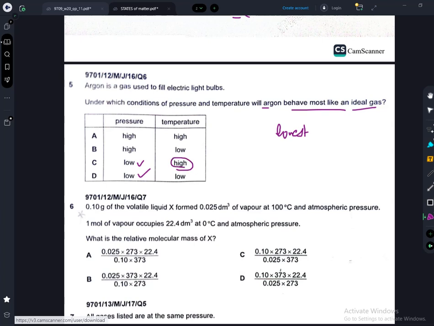Why highest temperature? Because at highest temperature the particles are at a greater distance apart, because of more vibrations and higher kinetic energy, and this lowers their intermolecular forces. So you have to lower the intermolecular forces, and you have to keep the particles away from each other. So you will only do these two changes in pressure and temperature, which is stated in choice C, to make this happen. And this is how argon, which is obviously a noble gas, will behave as an ideal gas.